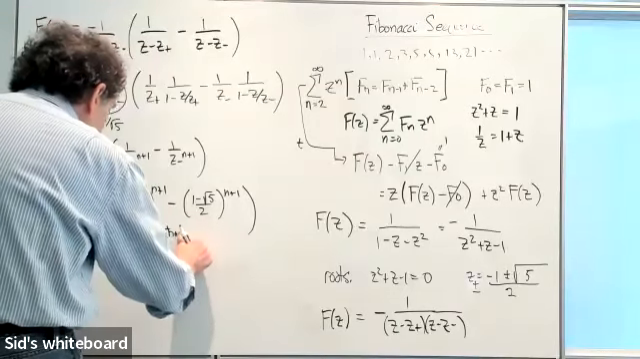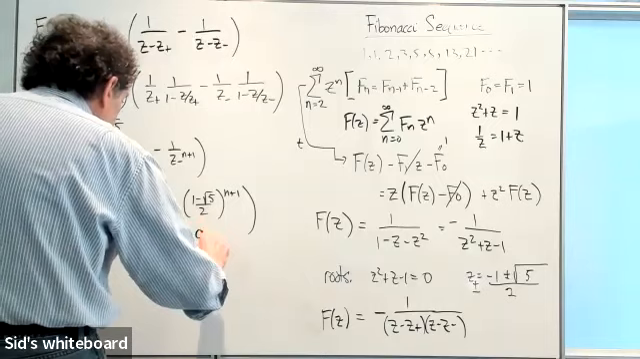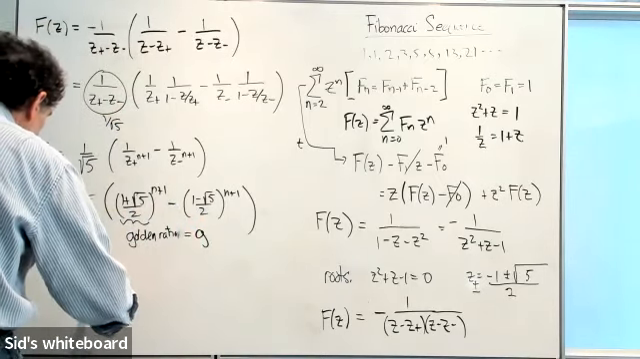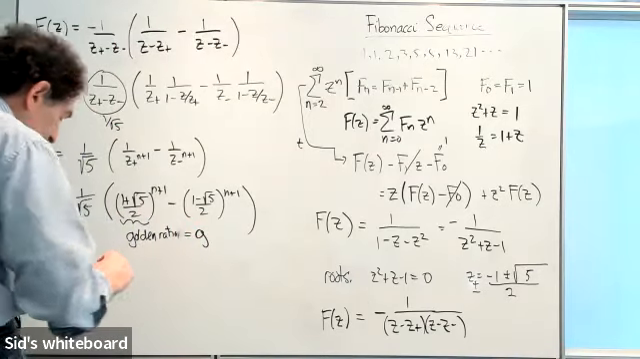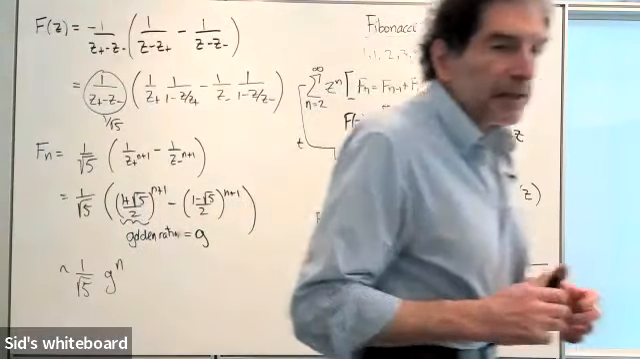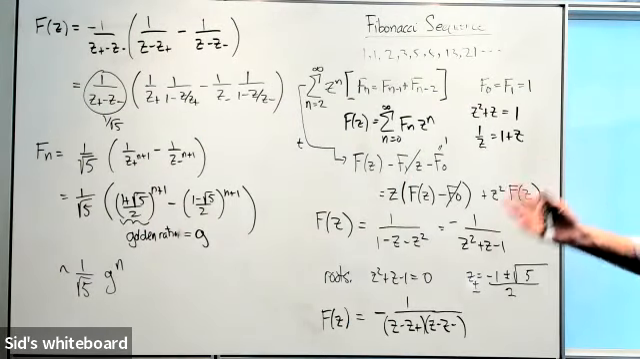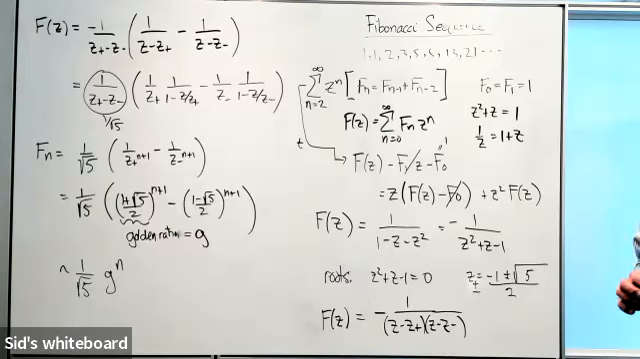Golden ratio, which I'll define to be G. And so asymptotically, this scales like 1 over the square root of 5, G to the power n. So that is a very elementary example of how to use the generating function to solve a recursion formula. And so what I want to do now is to apply that same kind of technique to solving